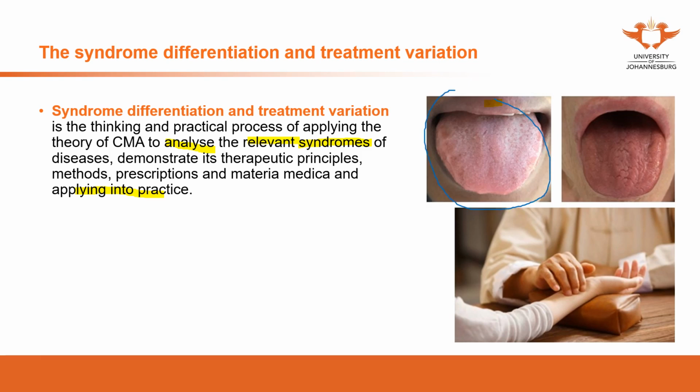The one here, the other one here. When you see these two tongues, why do they have different colors? This one's pale or light red. This one's red. Why do they have different